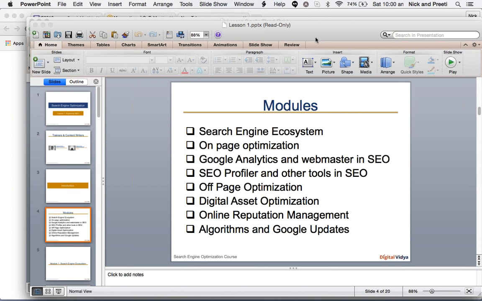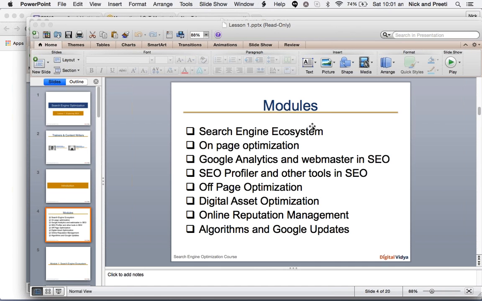We started with understanding all these modules, the 8 modules which we would be covering across the entire search engine optimization course. We spent a good amount of time on this particular slide. Thereby, we started with the very first module, which was the search engine ecosystem, whereby we started understanding what a search engine is, how a search engine really works at the back end, and also a few major terminologies, like the meaning of crawling, what indexing means, what SERP stands for,